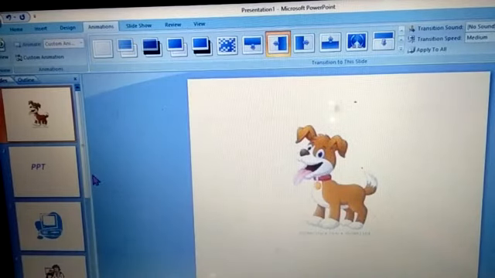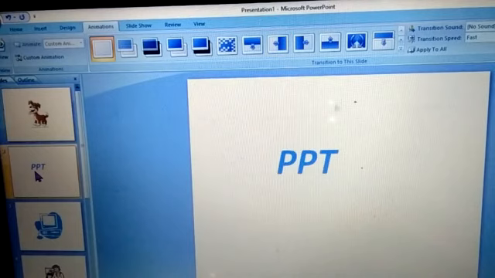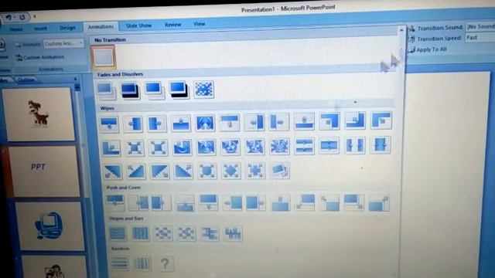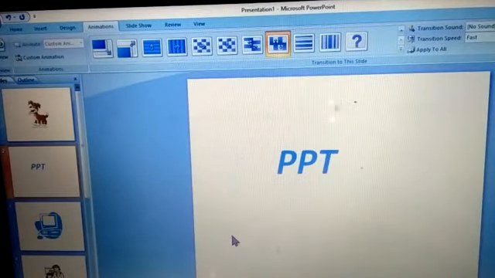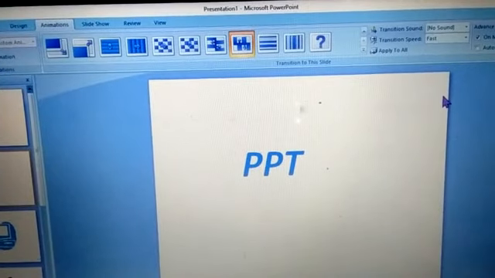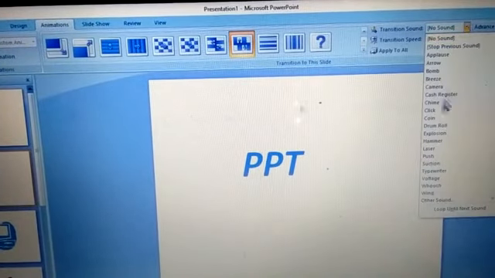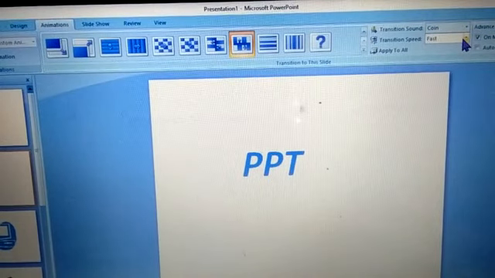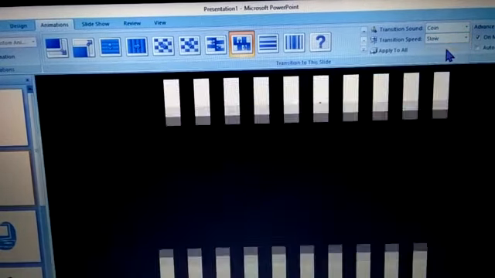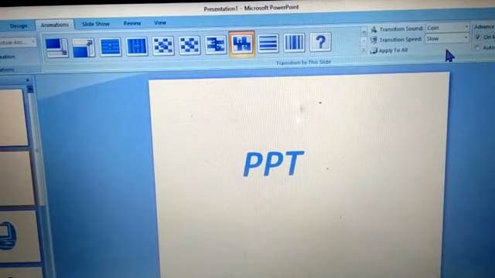Now in the next slide, if I want a different one, I will go to this slide and click on it. That's all you need to do. You need to select that slide, and you can select any option that you want from here. And with this, children, you can also add effects like sound effects if you want. The speed also you can change, it is very fast right now, you can slow it down. See, slow. So like this it is happening.